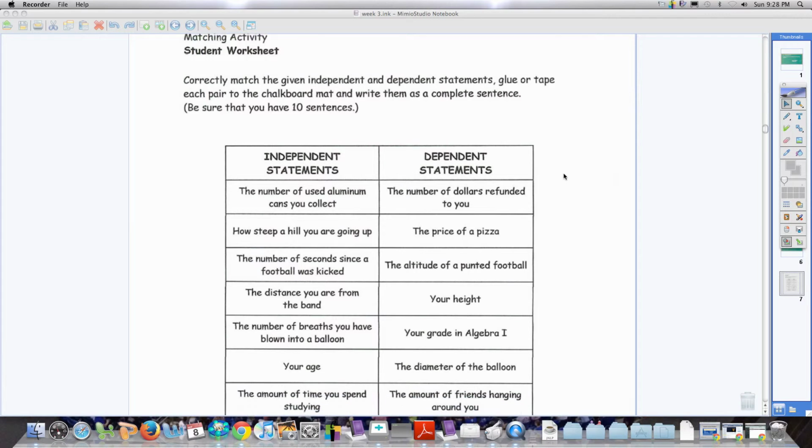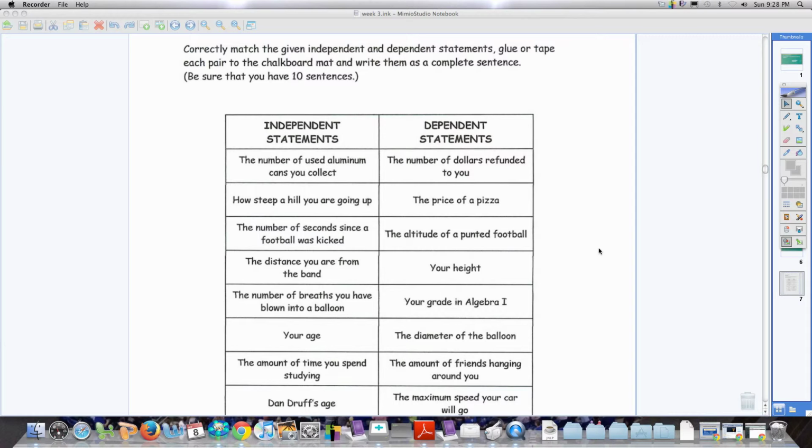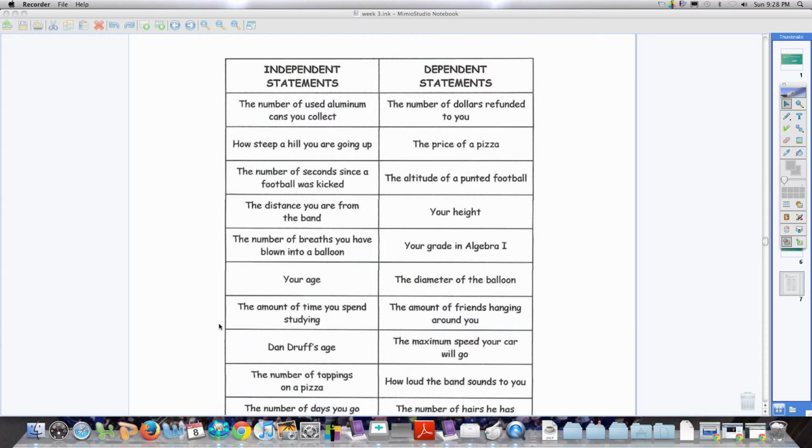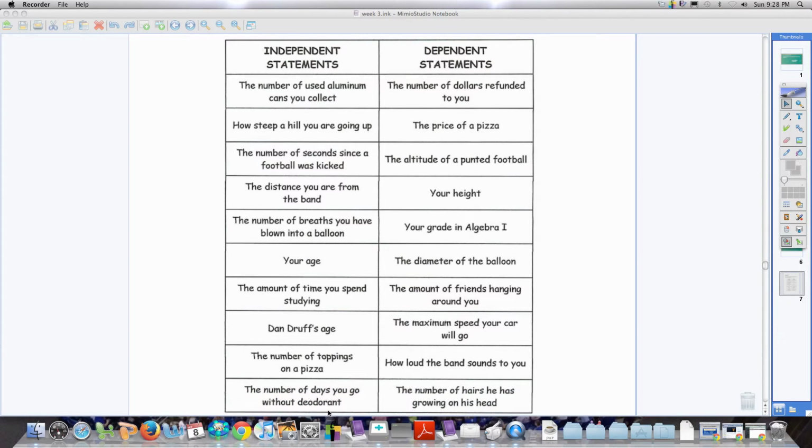So it is dependent. This little activity is just a matching activity, and it's broken down on the left side here. You have the independent statements. So I'll scroll down and you can kind of see them. And on the right side are the dependent statements. And it's matching. So they're scrambled, and you have to match which dependent statement goes with the independent statement. So we'll just do a couple on the video, and we'll finish this in class tomorrow, and we'll talk and